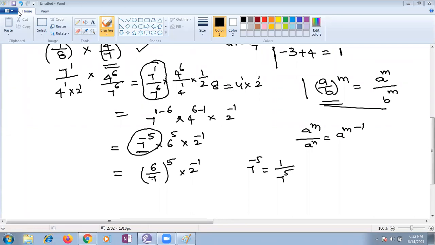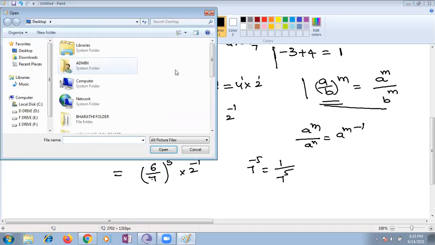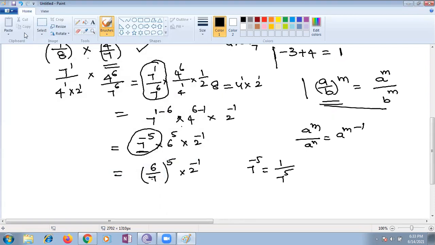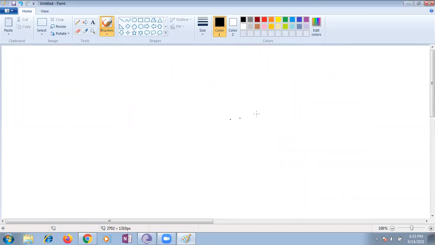We can check also. We can expand and find the value also, children, so that it is very easy for you. Let me discuss one more so that you are comfortable with that concept. Ma'am, I simplified 2 power 9 by 7 power 5, so I got the answer as 512 by 16807, ma'am. Yes, that means you are evaluating. Very good. You are expanding. Good.